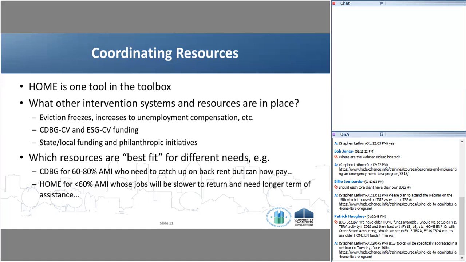That said, it's important to start by recognizing HOME is just one tool in the overall toolbox. And so as PJs, we need to think about how our emergency TBRA programs are going to fit into the overall ecosystem of both policy responses and financial resources that have been put in place by the public and the private sectors. This includes elements of the CARES Act, like the moratorium on evictions from rental properties with federal financing,